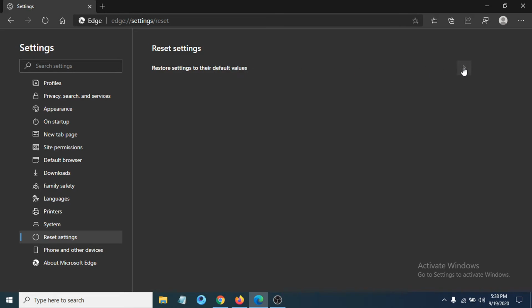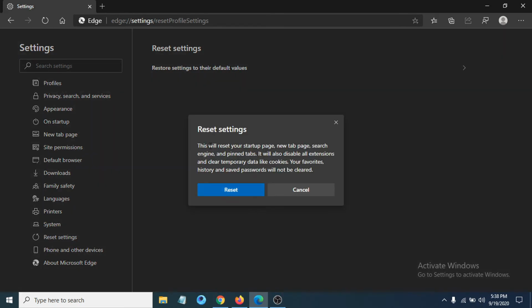Click on the arrow mark here and it will say that this will reset your startup page, new tab page, search engine and pin tabs and all the histories. It will clear temporary data like cookies. So make sure you don't have any important things to save. So just click on reset